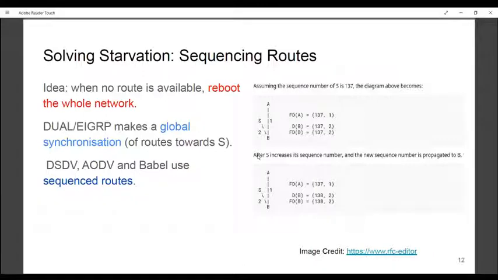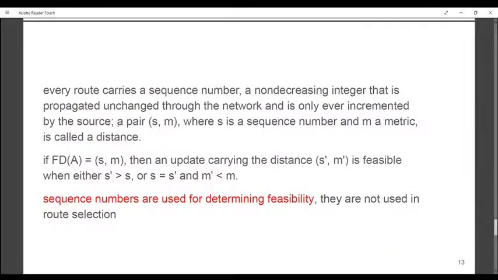So let's say a pair S comma M, where S is the sequence number and M is the metric, is called a distance. If the feasibility distance of A is S comma M, an update carrying the distance S dash comma M dash broadcast by B is feasible only when S dash is greater than S, or S dash is equal to S and M dash is less than M. So it basically says that it should be more recent. If the sequence number is greater, then it will accept that broadcast